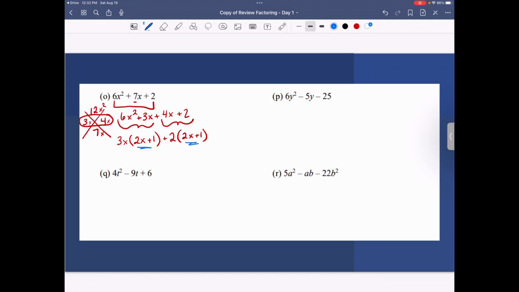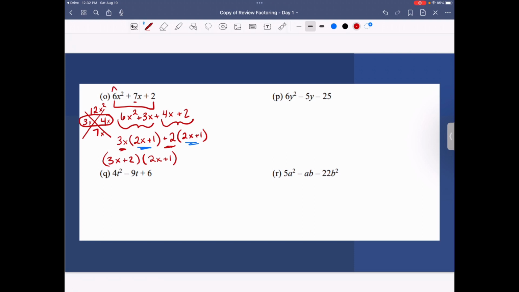Cool, these are the same. That's what we're looking for when we're doing the grouping. So the 3x and the 2 go in a pair of parentheses, and then the parentheses that were the same go in one set of parentheses. All right, so we had to